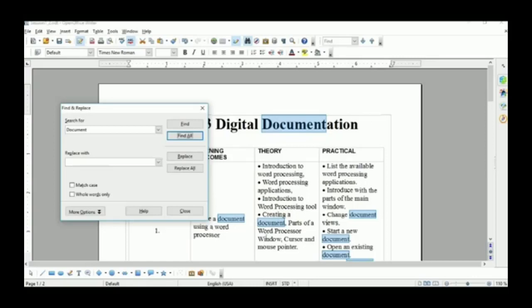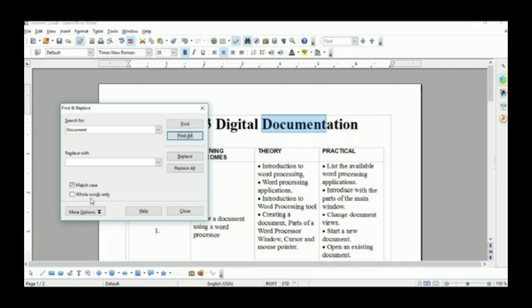How can we change it? So we can change how we can select only document whose first letter is capital. So what I can do for this, we have to select this, enable this match case checkbox. Match case means it will match all the cases, uppercase to uppercase, lowercase to lowercase. Check this and then click on find all. Once you click on find all, you will get only one document, but its full name is documentation.